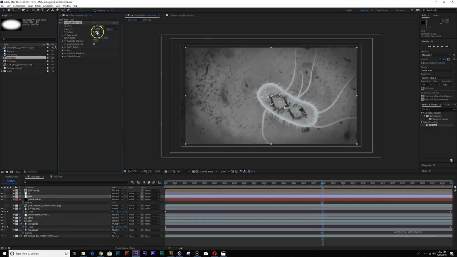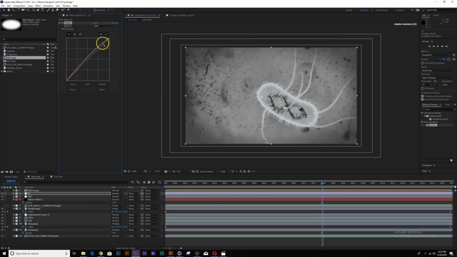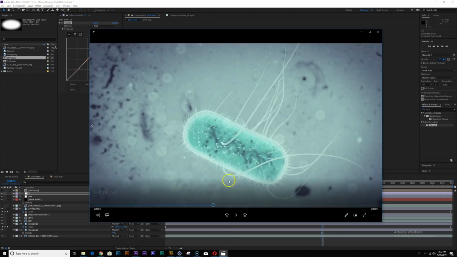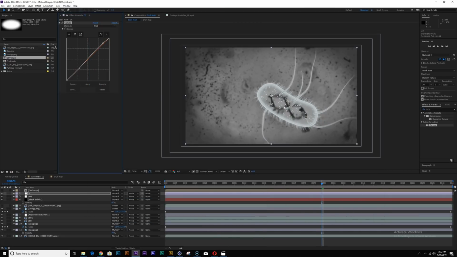Maybe just something subtle. And we can add a boost, a little contrast, and you can change the color here to whatever you want. So maybe add a little blue, turn that down. I don't know. Yeah, have fun with it.